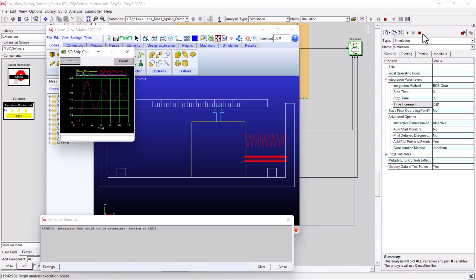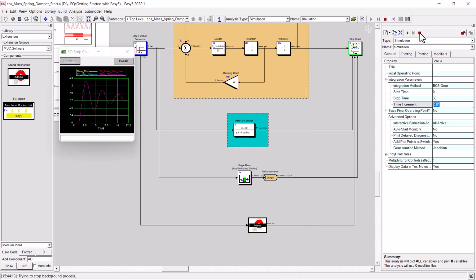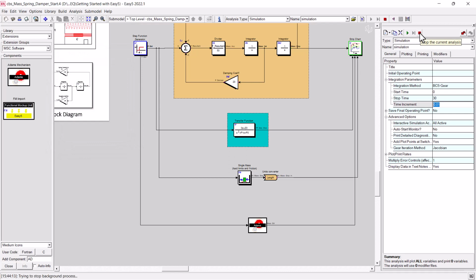If I want to stop the simulation, I stop it on the Easy5 side, and that will automatically close down Adams, wrap up the simulation, and then present us with the results